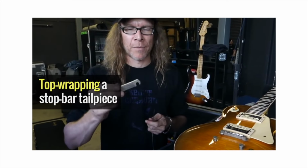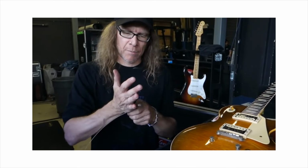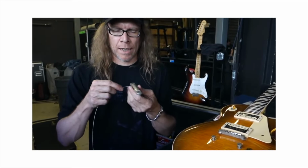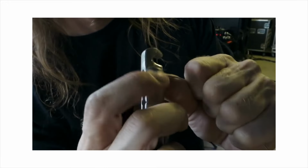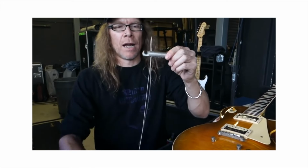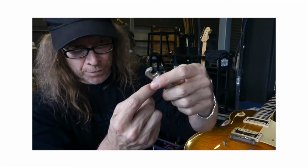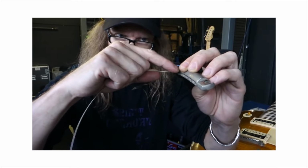So a lot of people like to top wrap the Les Paul, and I was breaking a lot of strings when I first did it, plus I was getting my hand touching the end of the winding, which on the treble strings is often a sharp point. So I wanted to get the winding in further. Well, you've got this end of the winding here, the thicker part of the string, and that can be scraping on your palm. But when I put it through now, there's another ball end I slide on there, and that pulls the string back just a little, and you see now it's hard to see this, but there's less winding sticking out, so it won't be up where my